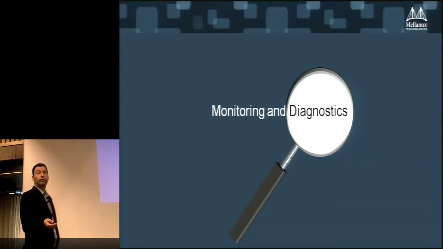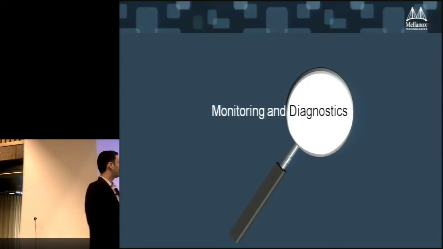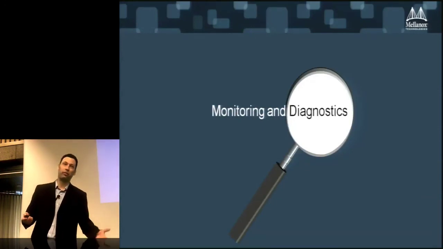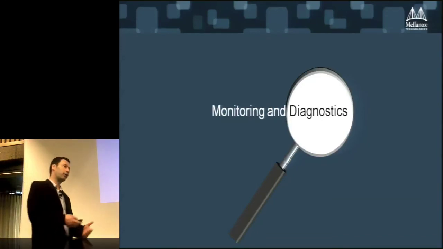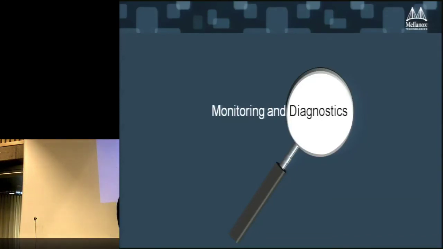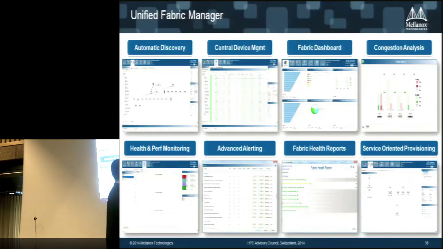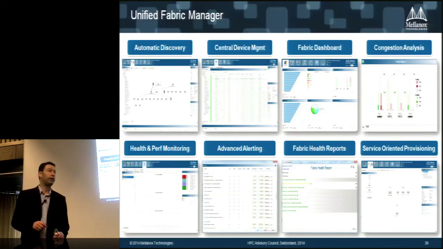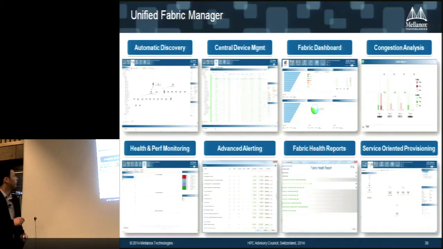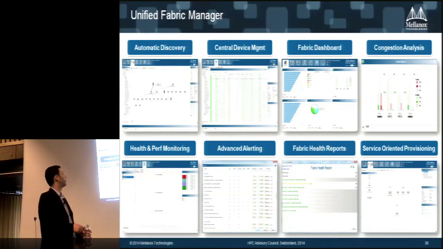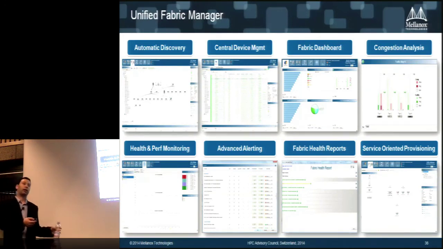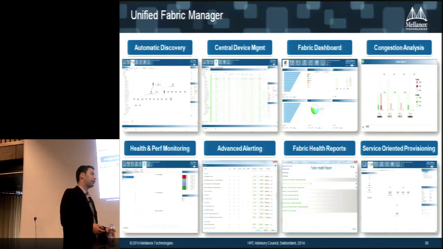A few words about monitoring diagnostics. This is also something that is very important, especially when you scale. And you probably want to visualize it. Some of us don't like visualization. They can run the diagnostic tools from command line and do their greps and sed and awk, but some people just like to see it visualized. So we have one example, the Unified Fabric Manager, also called UFM. You can look at the topology there, do some health monitoring, get insight into congestion analysis, get alerts and all of that. So that should make the life easier to manage the networking of the cluster.